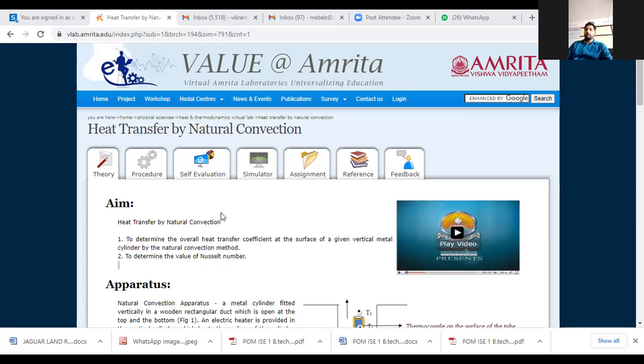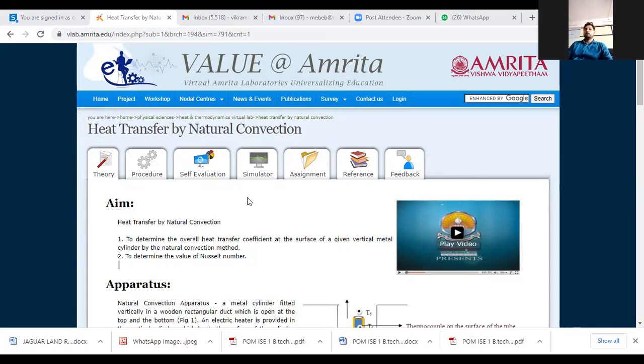By the way, I have shared the link of this virtual lab on your WhatsApp group also. So you can open that. If you have a laptop, you can open it and check it, and you will get the same screen on your laptop. If you have a mobile, then after completion of this demonstration you can perform the task, no issue.